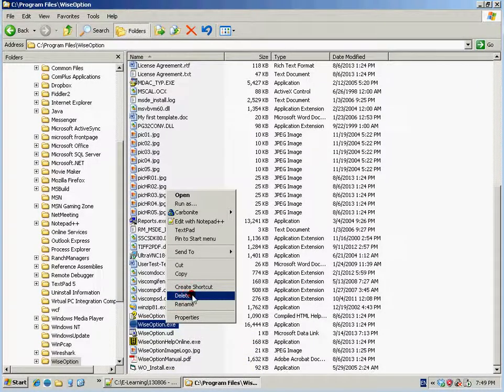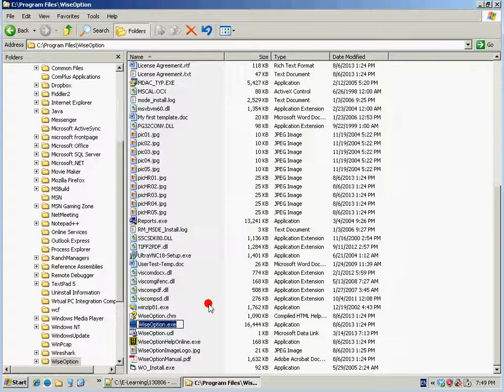you right click and you say rename the file. And you rename this to something else. I'm going to rename this to version 4316 old. So we see that a new file will come into place after my